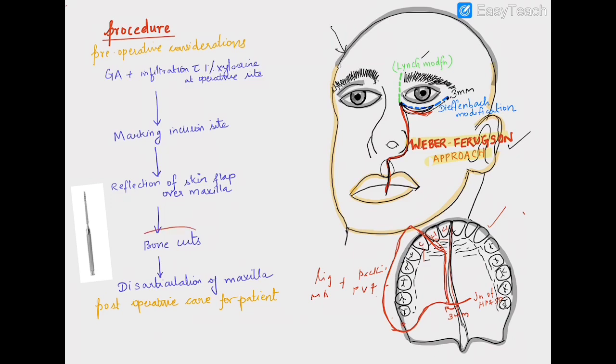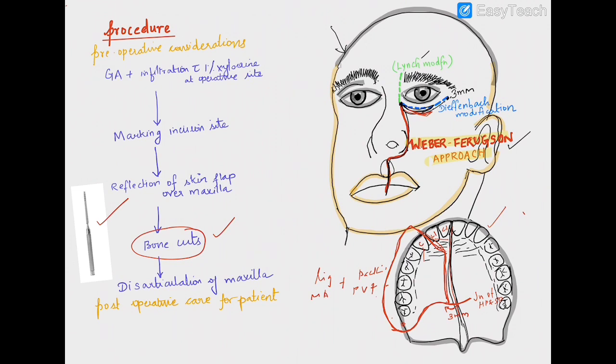If you're going to cut the bone, always use powered osteotomes, because these will reduce the bleeding, rather than using chisels. You also have to take care to transect the nasolacrimal duct and completely marsupialize your lacrimal sac, because there are chances for pathological material to enter the lacrimal sac. So go for marsupialization of the lacrimal sac and transection of the nasolacrimal duct while doing maxillectomy, along with your bone cuts.